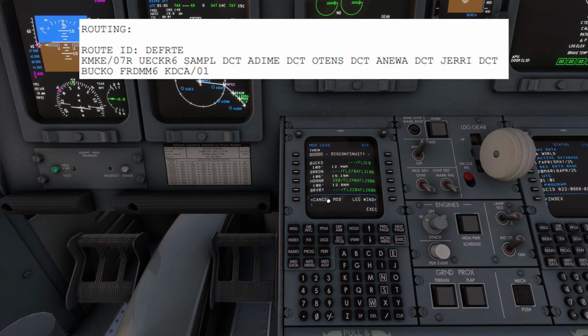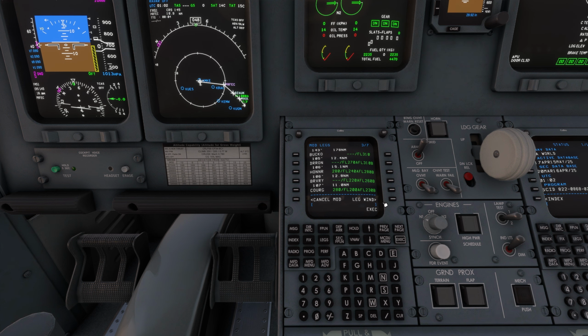And from Jerry direct to Bucko, at which point you can just take Bucko into the scratch pad while clicking on this button and paste it up top, and that gets rid of that discontinuity. You can see if you go to the previous page, Jerry's there, and there's Bucko. That's everything done. Once again, execute that. Everything's in,